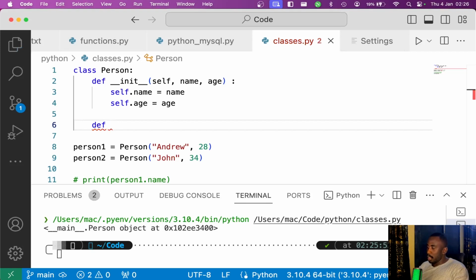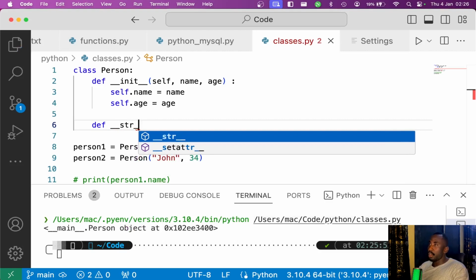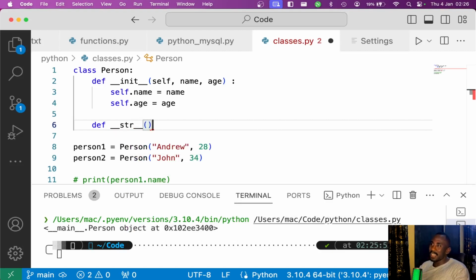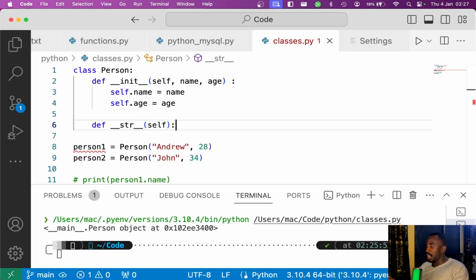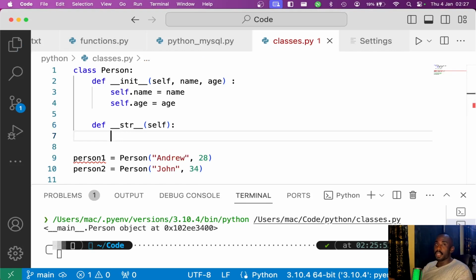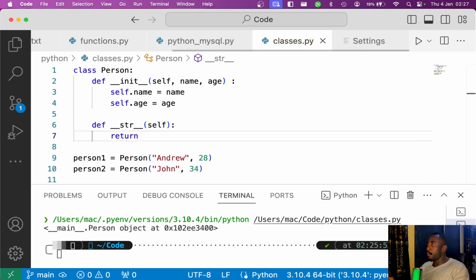Then I would say underscore underscore again string, that's str underscore. Then I'm passing again the self instance of this class. I'm going to be using self to make it easy for me. I would advise you do self too, but if for some reason you want to use something else, you can use it. So I would return on this place a formatted string using